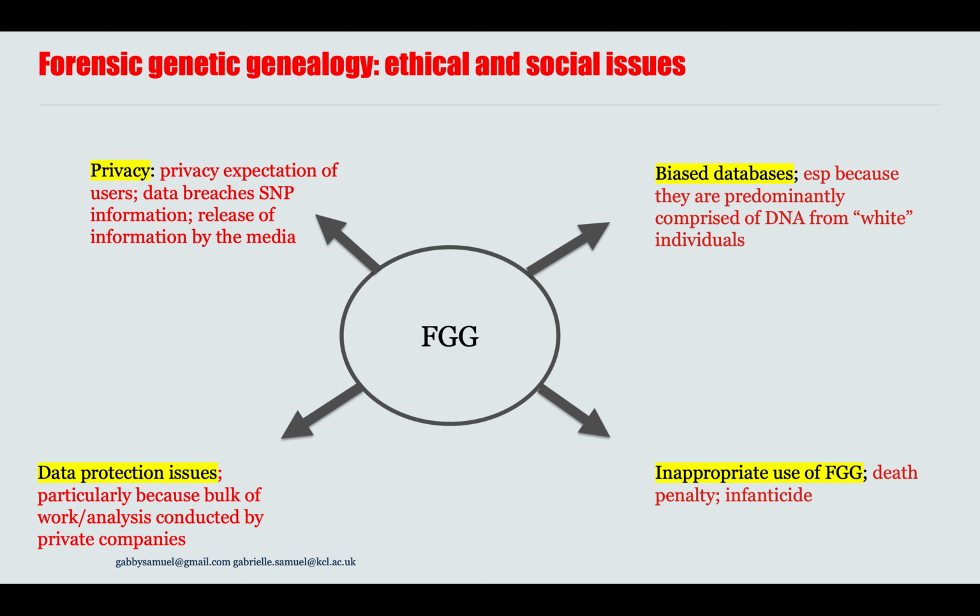I'm not going to talk about biased data sets or data protection issues, although those are key concerns as well. But just to mention the inappropriate use of forensic genetic genealogy: instances may arise because of the international nature of users of genetic genealogy coming from across the world, but the technology can only be used in certain countries. So there are examples of genetic genealogy users opposing their DNA being searched by law enforcement officers that may be able to identify a perpetrator,